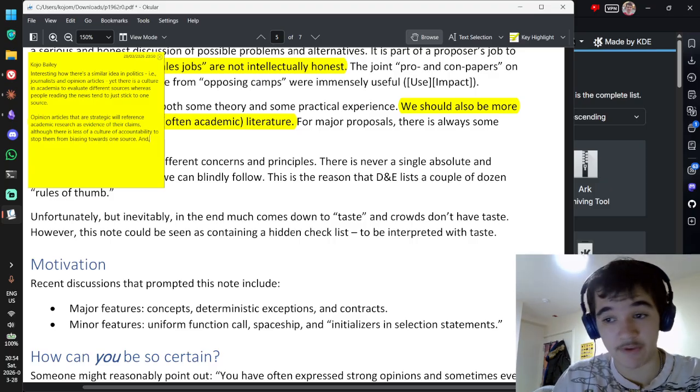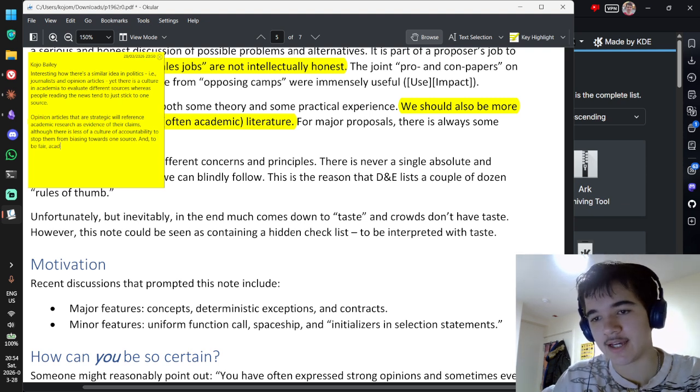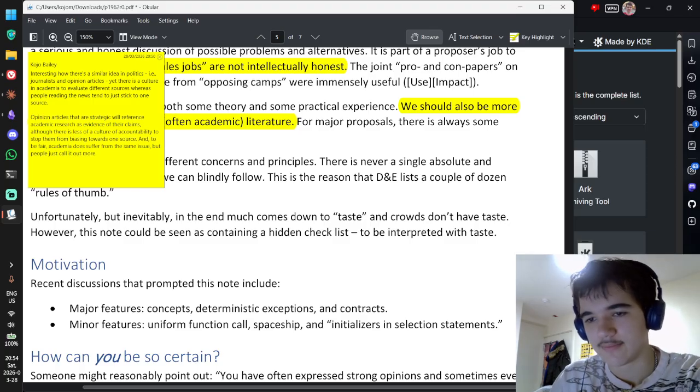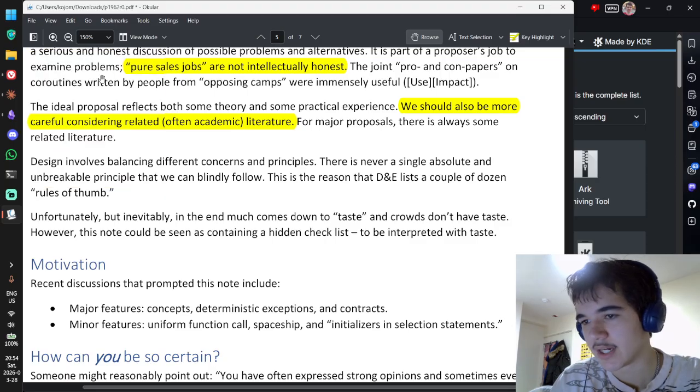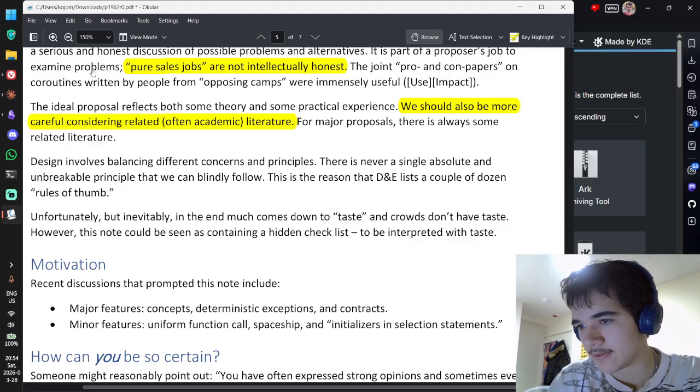And to be fair, academia does suffer from the same issue, but people just call it out more. A study may refer to bogus evidence from bogus studies, or studies that only support their viewpoint, whatever. That is actually a problem in academic research in all fields. Anyway,